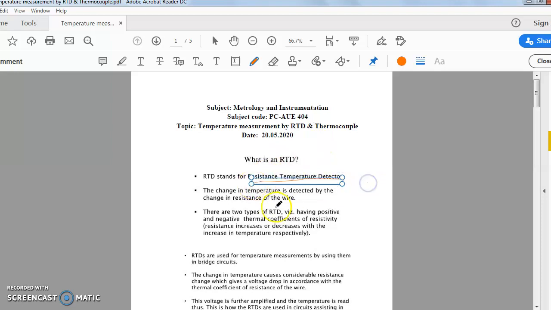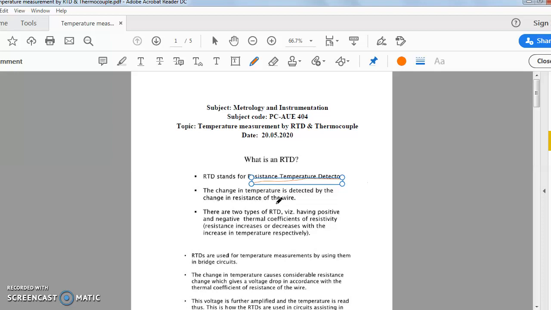So the name suggests resistance temperature detector. Resistance is the electrical parameter. That means when temperature is measured in terms of an electrical parameter like resistance, that particular transducer is the resistance temperature detector. It is a very precision instrument, as it is basically a transducer that converts the temperature signal into the resistance